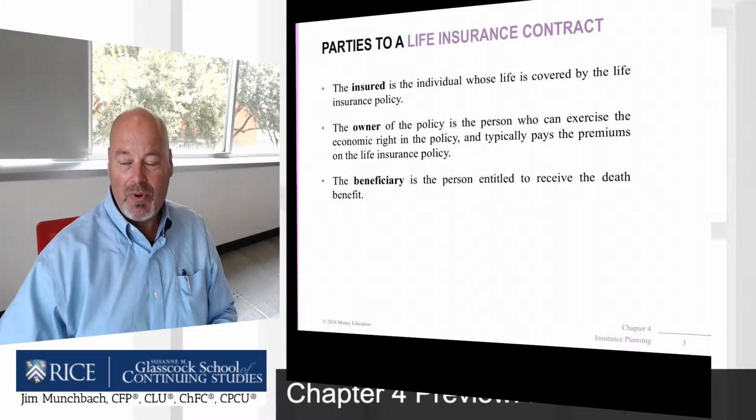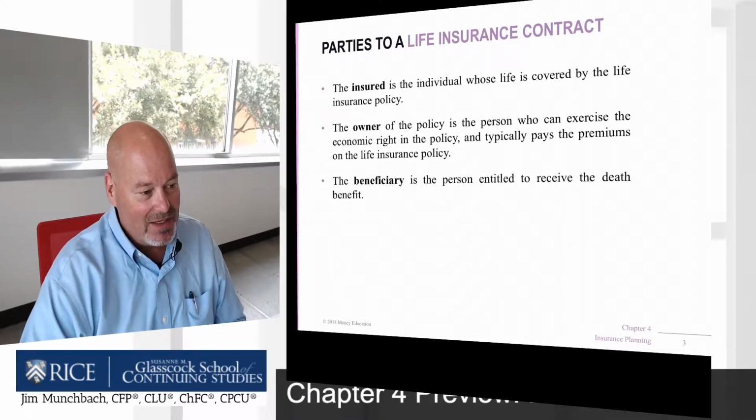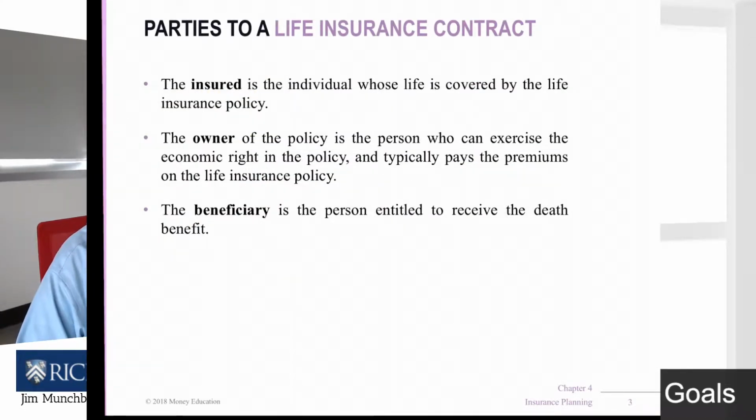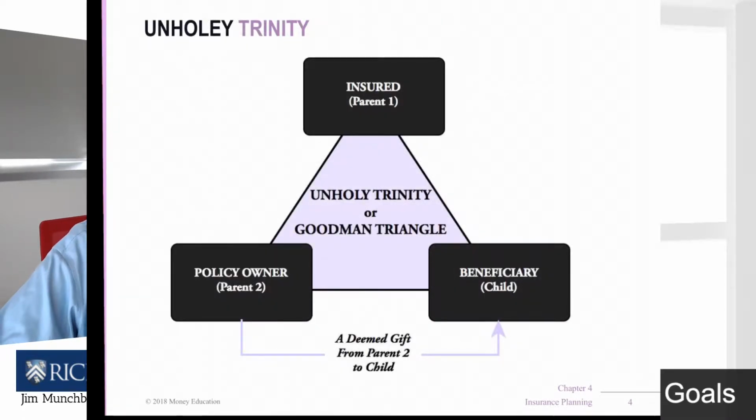This is important, the parties to a life insurance contract. It's important just to understand that the insured is the person whose life is being insured. The owner of the policy is not always the insured. For example, I own some policies for my kids. I own and control those policies even though my kids are the insured. The beneficiary can be totally different than the owner. Those are the three parties to a life insurance contract, and you absolutely want to know how they work. This unholy trinity of the insured, the policy owner, and the beneficiary becomes important when we start to look